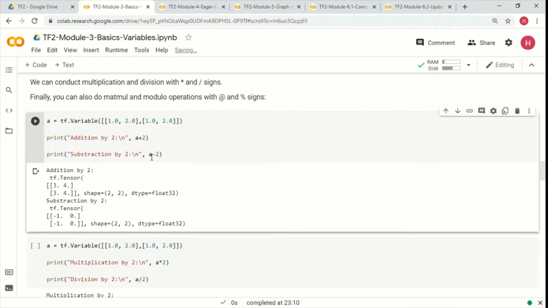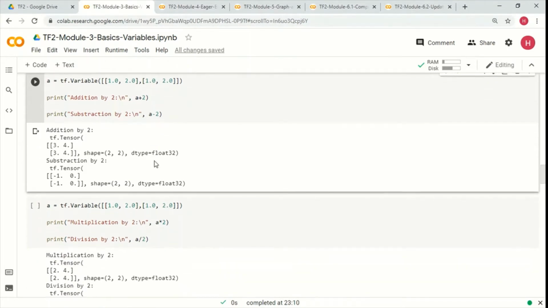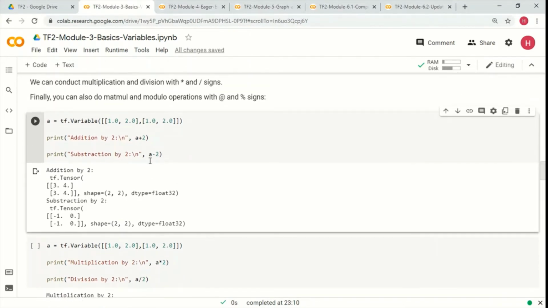So same thing here, there's a subtraction happening here, right? A minus 2, it starts with A, right? So A minus 2 is minus 1 here, and 2 minus 2 is 0. So minus 1 here and 0 here, okay?